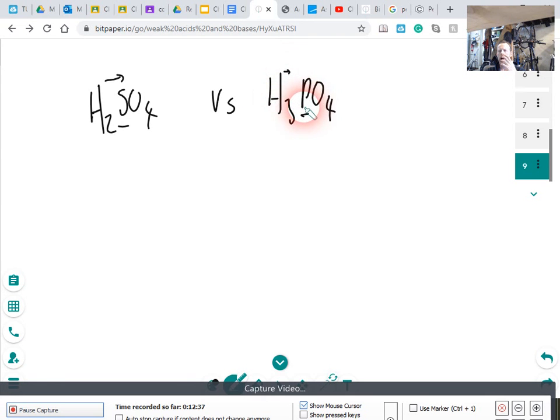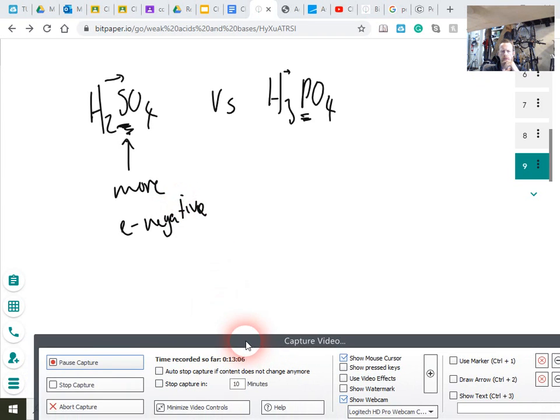So you might have to compare, as we did in a homework, right? Which is the stronger acid? Use this as your kind of memory. Sulfuric is strong, phosphoric is weak. Why? Because this is more electronegative than this, right? So more electronegative, more electronegative. Okay, let's take a look at